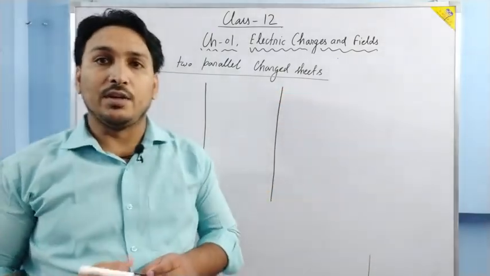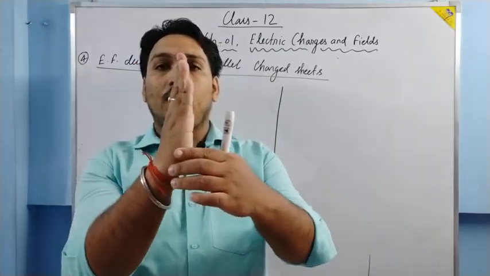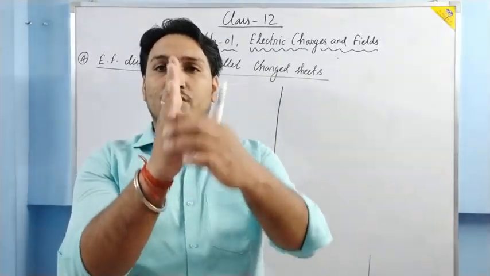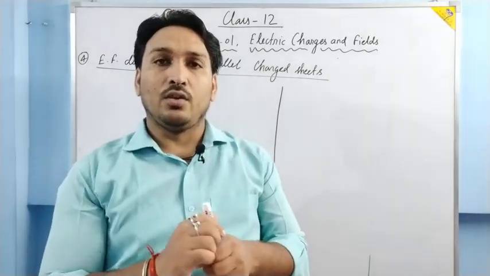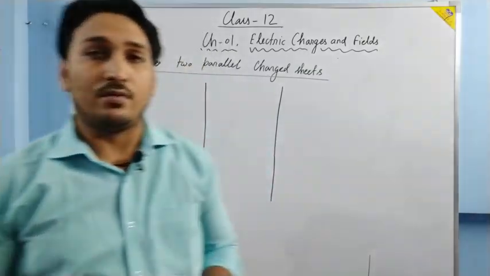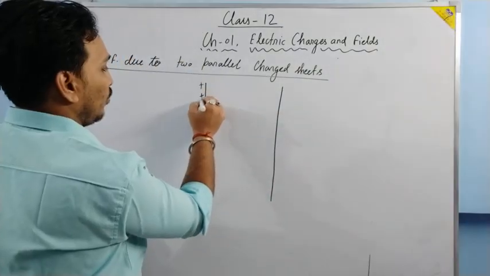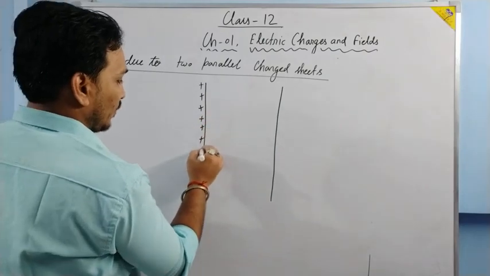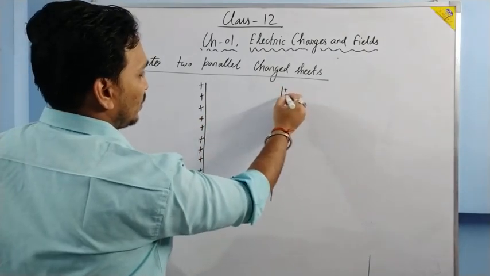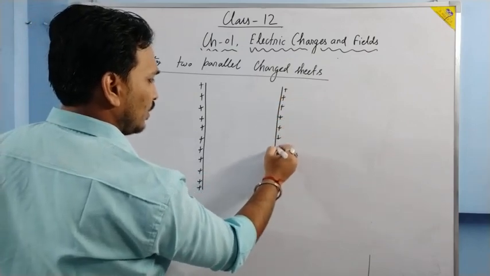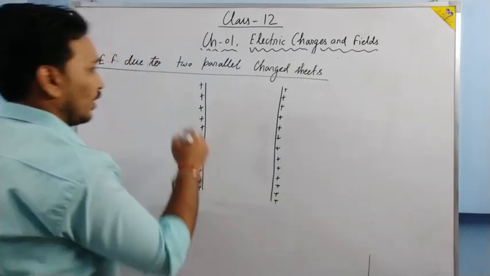Okay, you need to understand that the sheets are kept like this. So you are able to see only the edge. You are not able to see this plane. Sheets are kept like this, so you are able to see only the edge, right? So there are two sheets which are kept parallel to it. Let both the sheets have positive charge. If the charges are different, then one case is possible, but that will be a homework kind of thing.